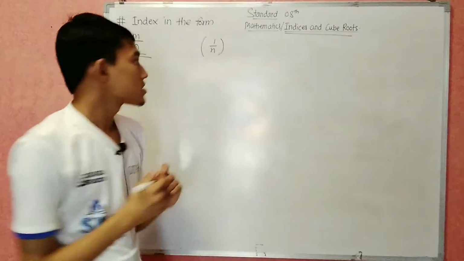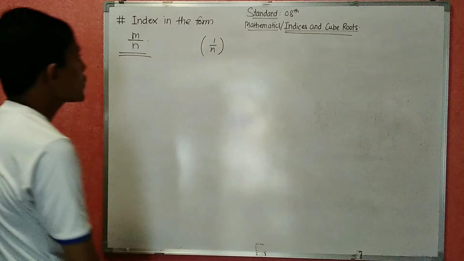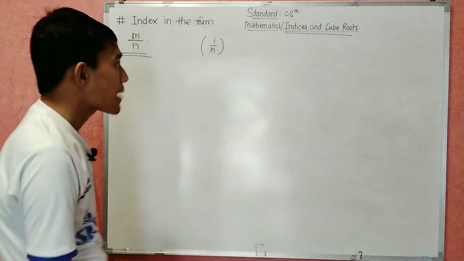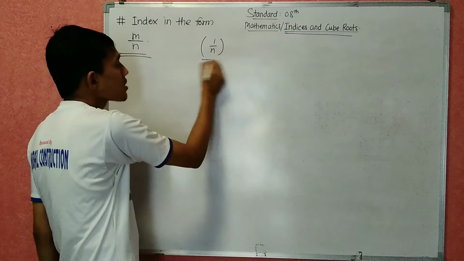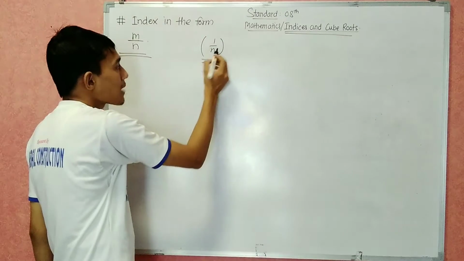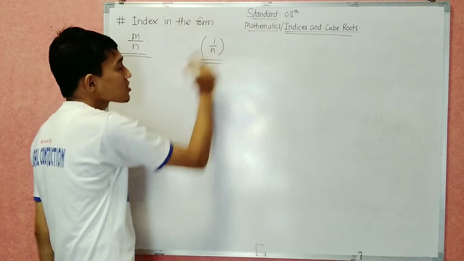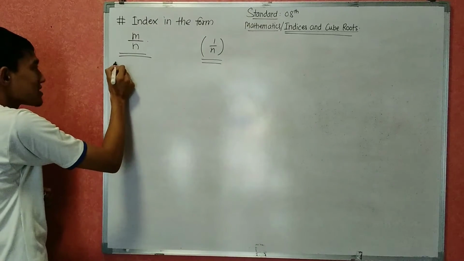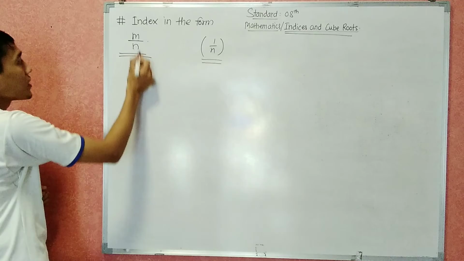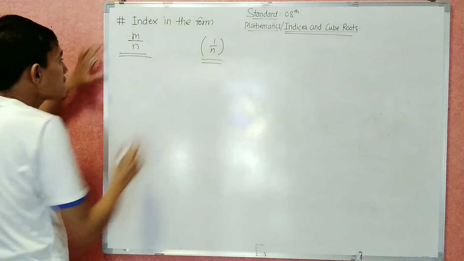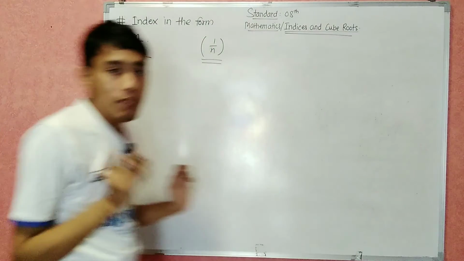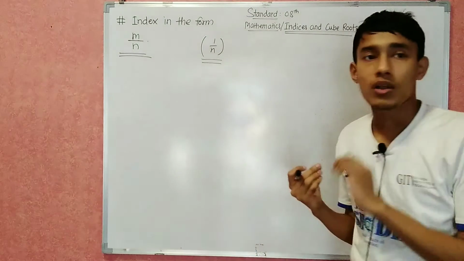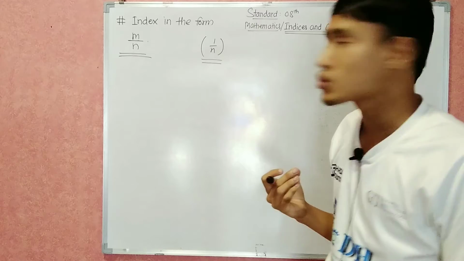Good morning, students. So now we are going to see another form of index number. In the previous examples where we solved some questions, the power was in the form of 1 by n, but in today's lecture we are going to see examples wherein the power is in the form of m by n. So in place of 1 any number can be there. It can be 2, 3, 4, or 9, 8, -8, -2, any number.